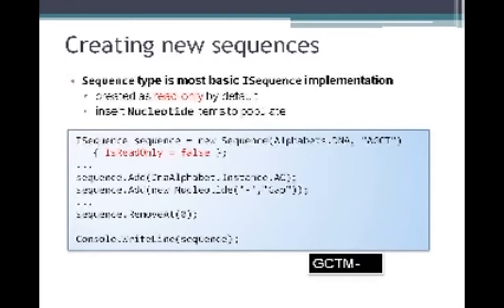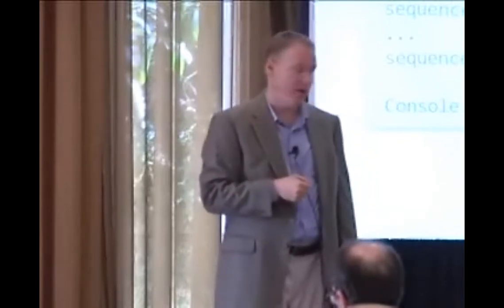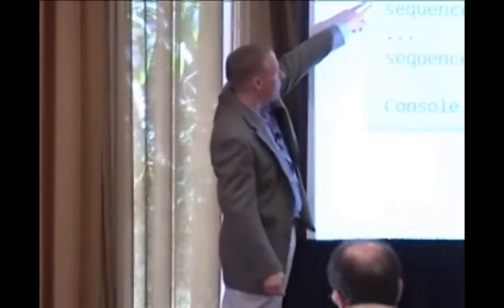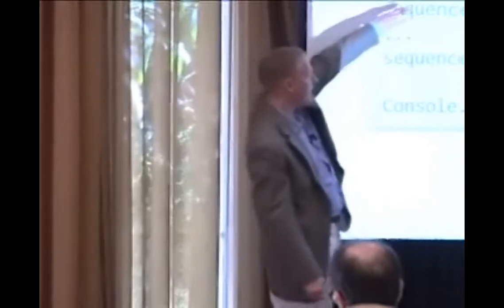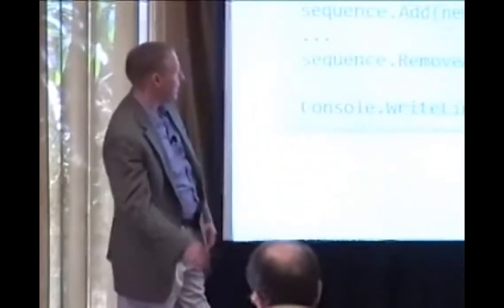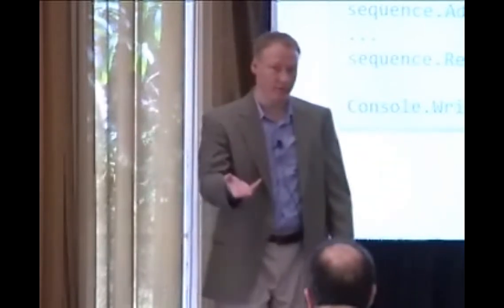By default, they're read-only. We flip the bit. By doing that, it actually turns off that optimization, so it can no longer bit encode the symbols themselves. It has to fully expand the data out, so be aware of that. And then we can add whatever we like in here. So for example, once I've created my sequence and I associate it with a DNA alphabet, then I can come in and say, okay, add to this sequence an A and a C from the DNA alphabet, add another nucleotide that's a gap, and then remove the first item from it. So by flipping that read-only flag, I then have the ability to modify and alter this sequence.